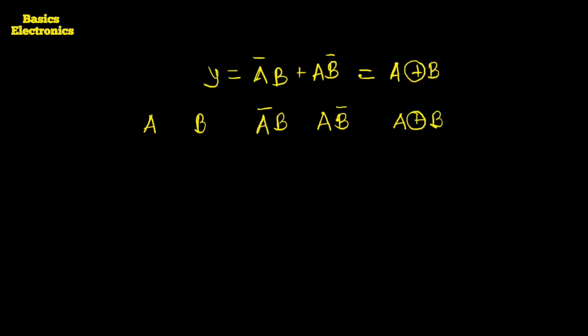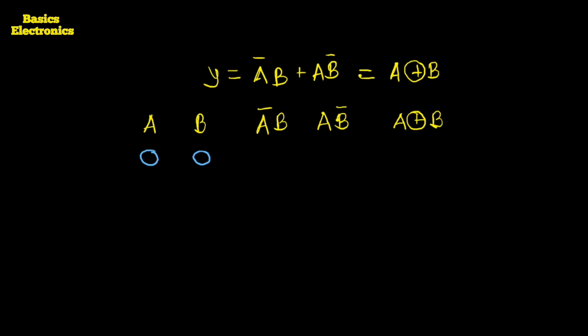Okay, so for the first combination, you have to keep in mind for all logic gates, as well as for all digital circuits, the sequence of applying the inputs, writing down the input conditions in the truth table, is like the binary counting sequence. If the two inputs are there, then we use 00, 01, 10 and 11. So here the first combination is A equals 0 and B equals 0.